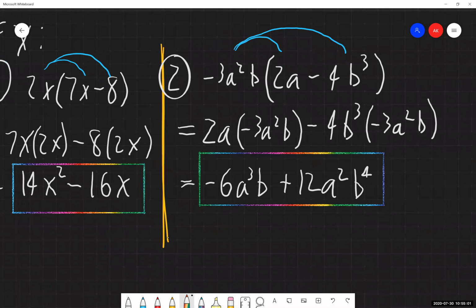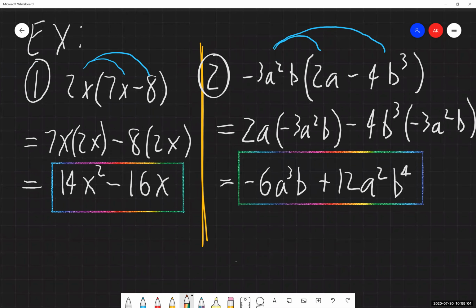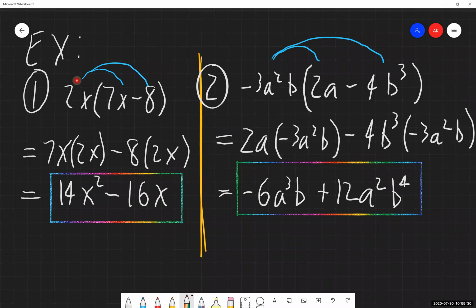So this is how we work with multiplying monomials together with any other kind of polynomial that we have. Now we can and will have instances where we have a monomial out front, just like we have here, and maybe instead of a binomial that's multiplying, maybe it's a trinomial. It has 3 terms. Maybe it's got 4 terms or 5 terms or 6 terms. It doesn't matter. You are going to follow the same pattern with the distributive property. Take this thing and multiply it through to every single term inside the polynomial that we're multiplying it with, then multiply each of them together, and then we get our answer.